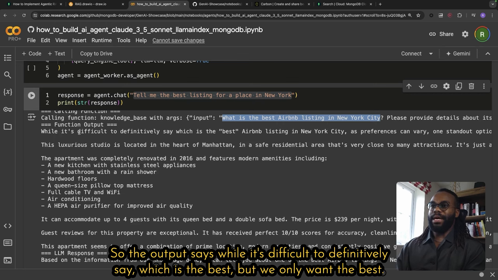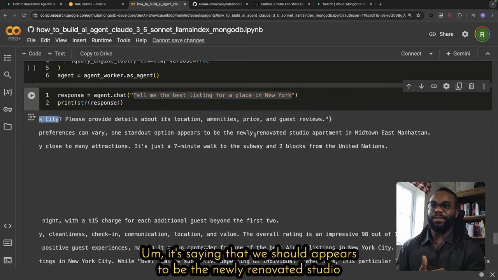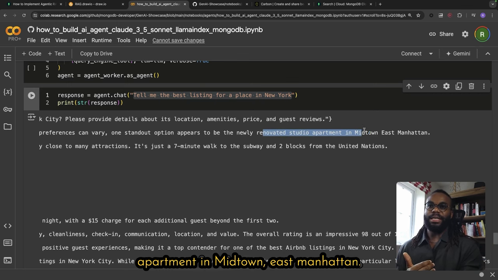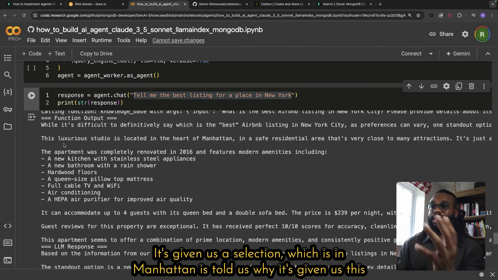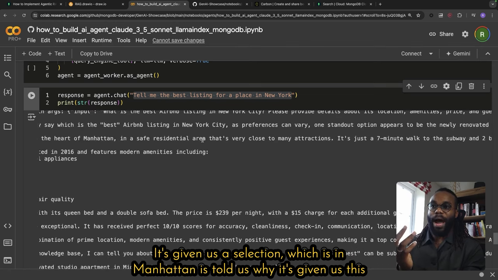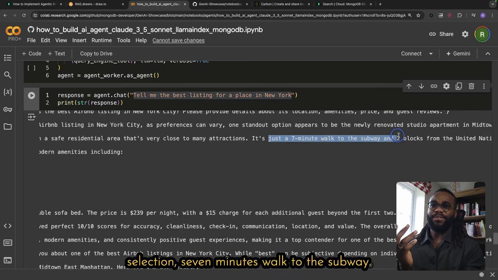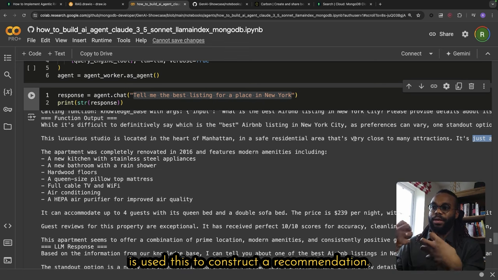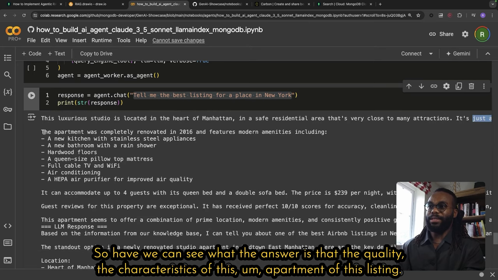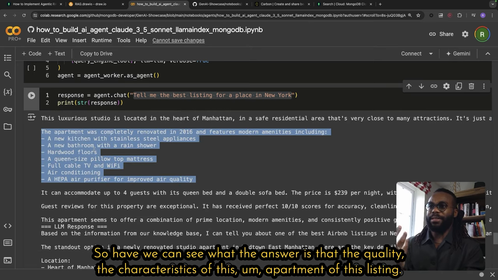So the output says, while it's difficult to definitively say which is the best, but we only want the best, it appears to be the newly renovated studio apartment in Midtown East Manhattan. So it's given us a selection, which is in Manhattan. It's told us why it's given us this selection: 7 minutes walk to the subway. So it's gotten the information extracted from the attributes as well, and it's used this to construct a recommendation. Here we can see what the answer is, the characteristics of this apartment, of this listing,